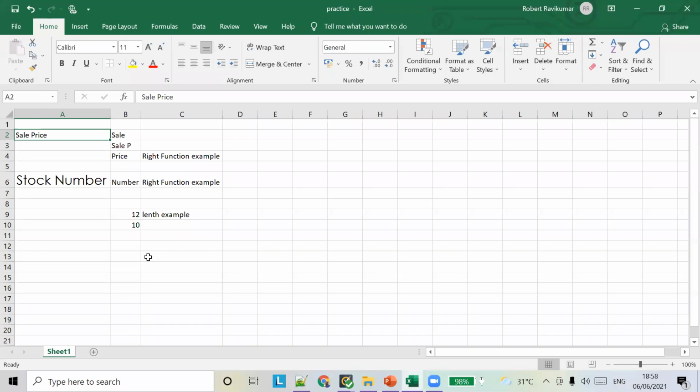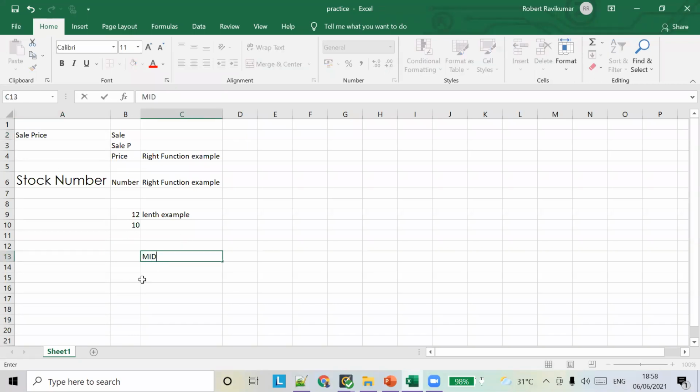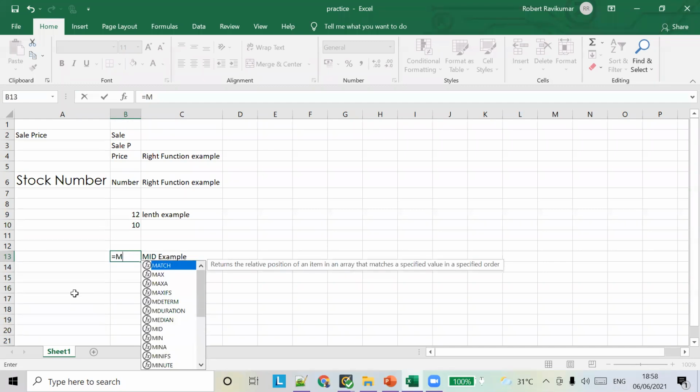Mid example. Let's say we want to split talk alone. Instead of stock, let's cut TALK from this text. Can anybody tell me how to do this? Mid of,